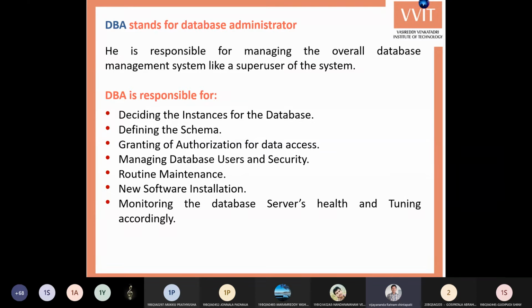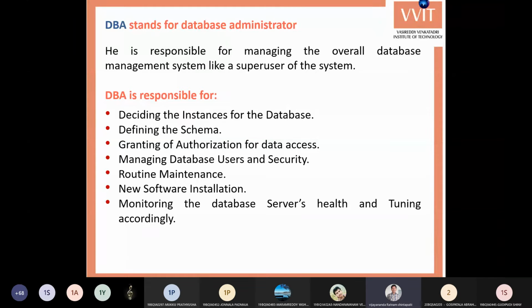He can do anything and everything with the database, and the entire database is under his control. He's just like our chairman sir for our organization. Our DBA is similar: a super user and the whole and soul of the database, and he can do anything with the database.